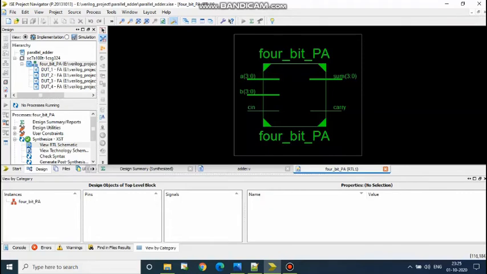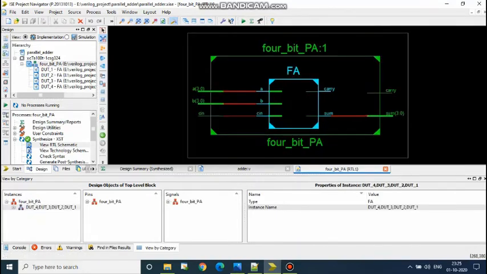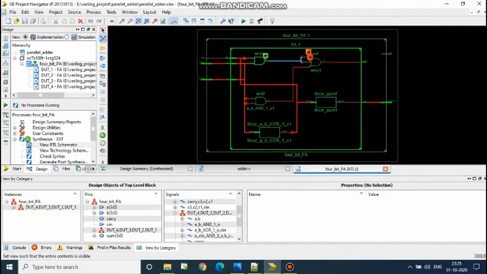So this is the top module, the 4-bit parallel adder. A 3 down to 0, B 3 down to 0, C is the input, sum is the output, sum 3 down to 0, carry is the output. If we double click, you will see the full adder as a block. If we double click on the full adder, you can see the full adder inside. So this is a structural modeling of the